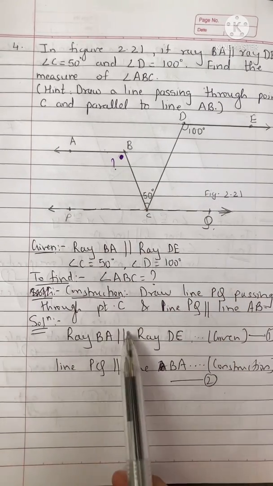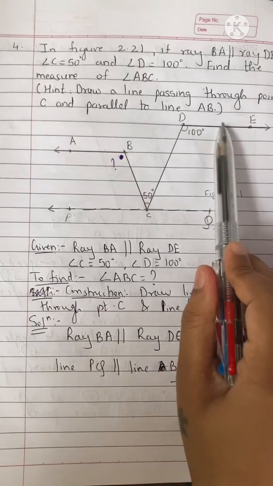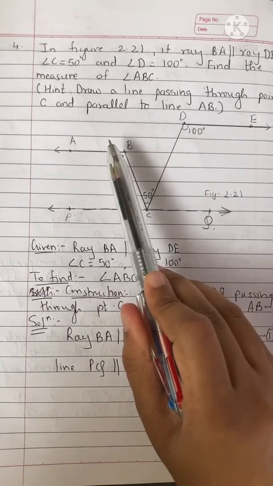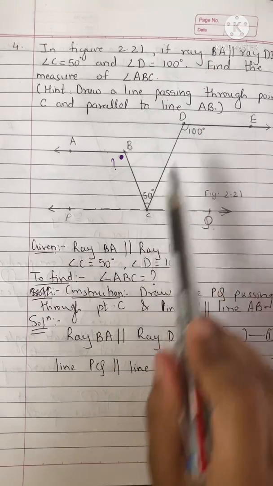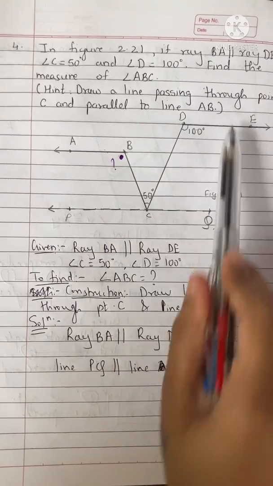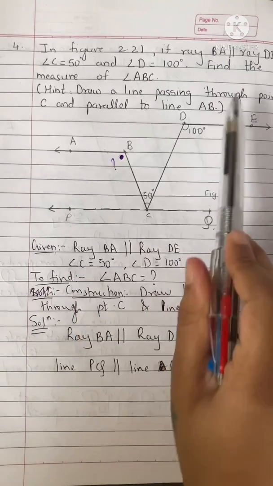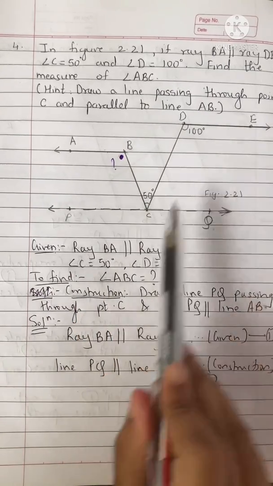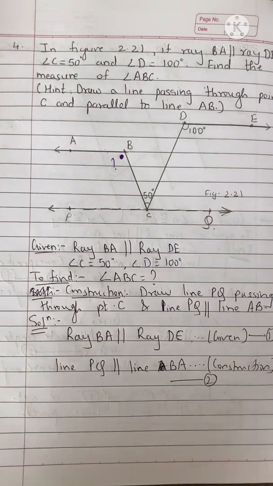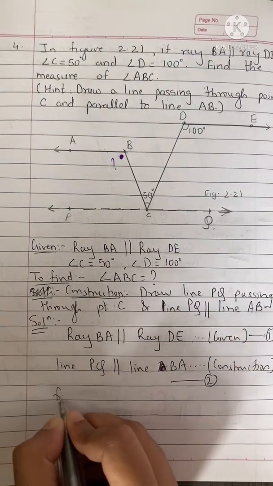So here also this thing is there: A is parallel to B and A is parallel to C. So that means C will become parallel to B ultimately. A is parallel to B and A is parallel to C, so that means C becomes parallel to B. Okay, so we have to write down from